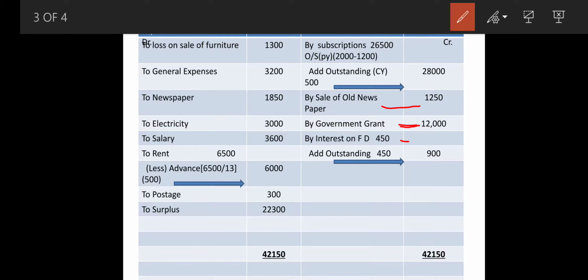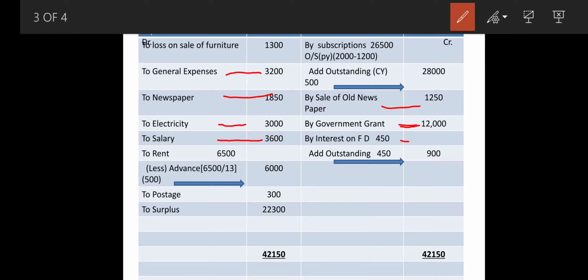Come to your payment side. The very first item is general expenses. Come to your income and expenditure, the very first item general expenses. Then comes your newspaper. Again over there only, income and expenditure, expenses side, that is debit side. Then electricity, again the same. Then fixed deposit with bank. Right now ignore this. Then comes your books, salary, rent. These items are all already tick marked, so you don't have to transfer them right now.